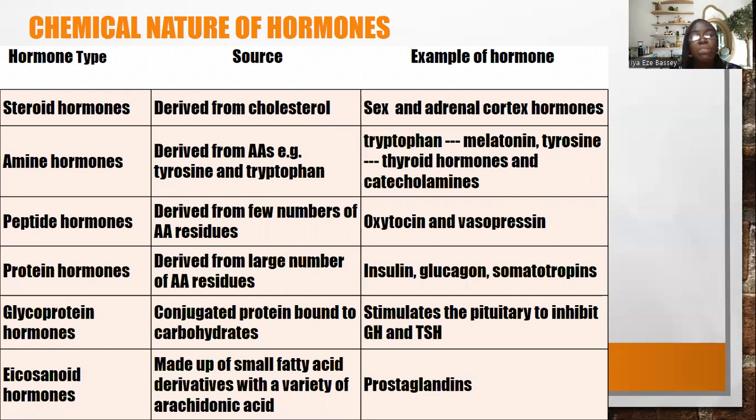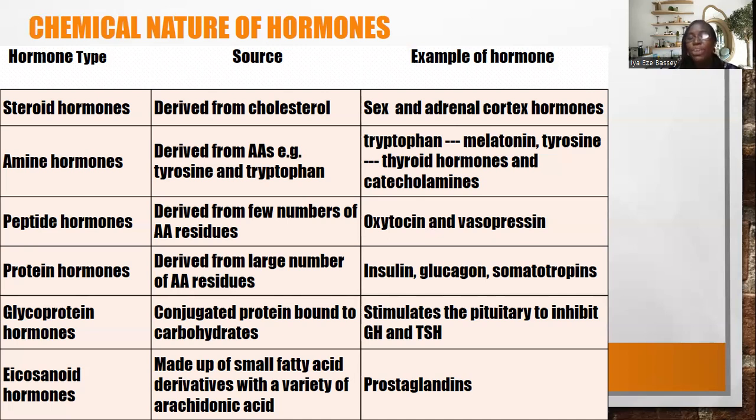Amine hormones are derived from amino acids like tyrosine and tryptophan. If you're looking for an example of a tyrosine-based hormone, we have the thyroid hormones and the catecholamines. If you're looking for a tryptophan-based hormone, you should have melatonin. The peptide hormones are derived from a small number of amino acids, usually in a flat line,